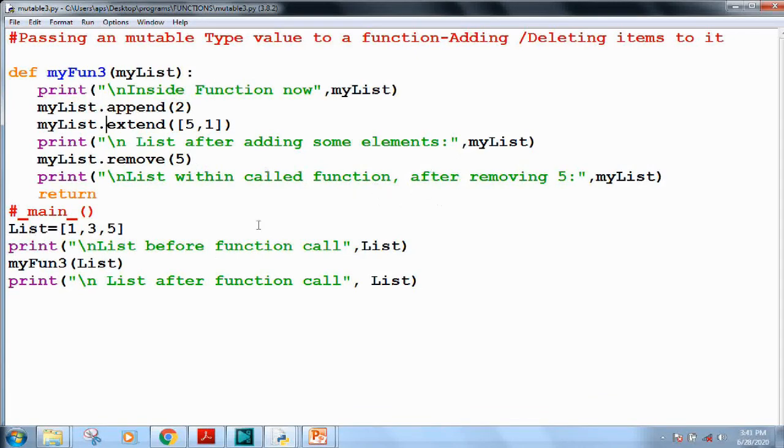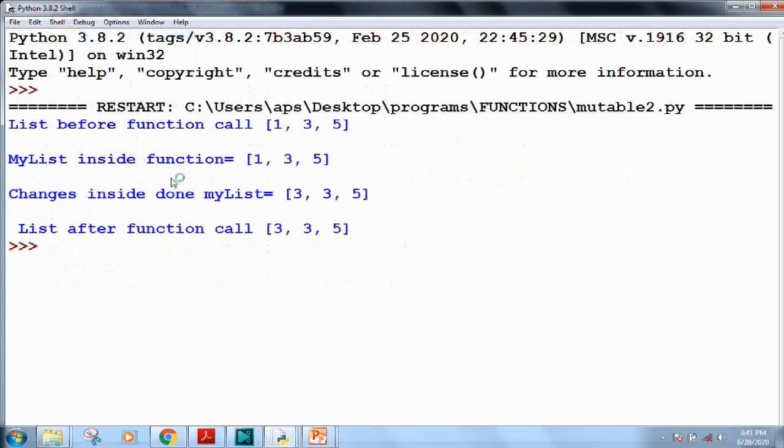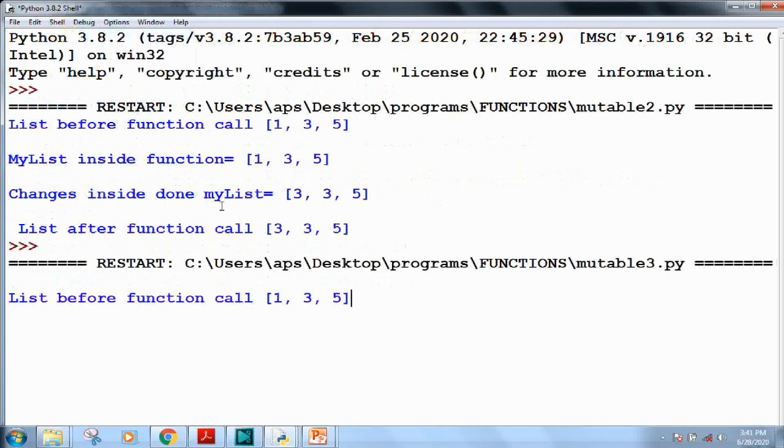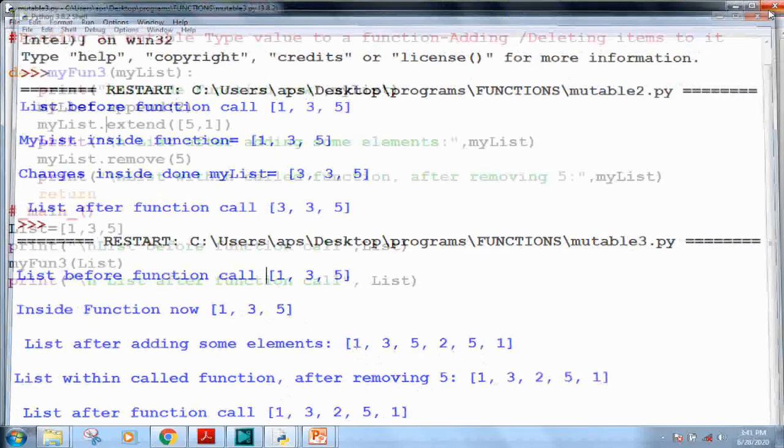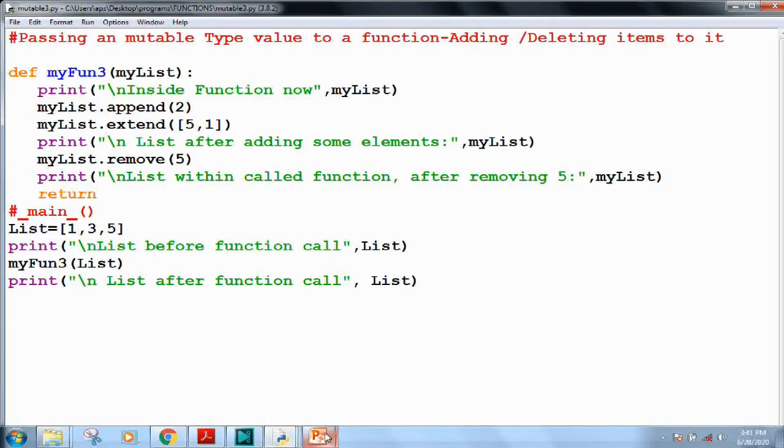Finally, after doing all these changes, when I come back to the caller function, I see that the changes are reflected back in the list. See here, this is the list before the function call. This is the list in the function which is received. These are the changes done, this is removing the element 5 from the list, and then this is the list after the function call. So we see that the changes in the list are reflected because list is a mutable type.